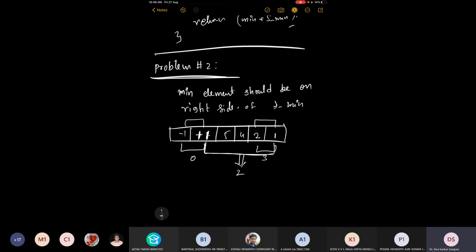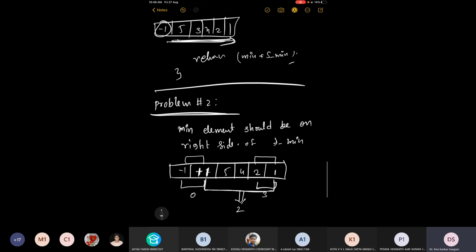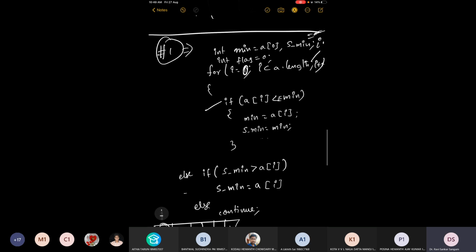Sir, it should be 1 plus 1, not 2 plus 1. So now how to solve this problem? Now here we need to add one more condition also, such that it always considers minimum element from the right side.